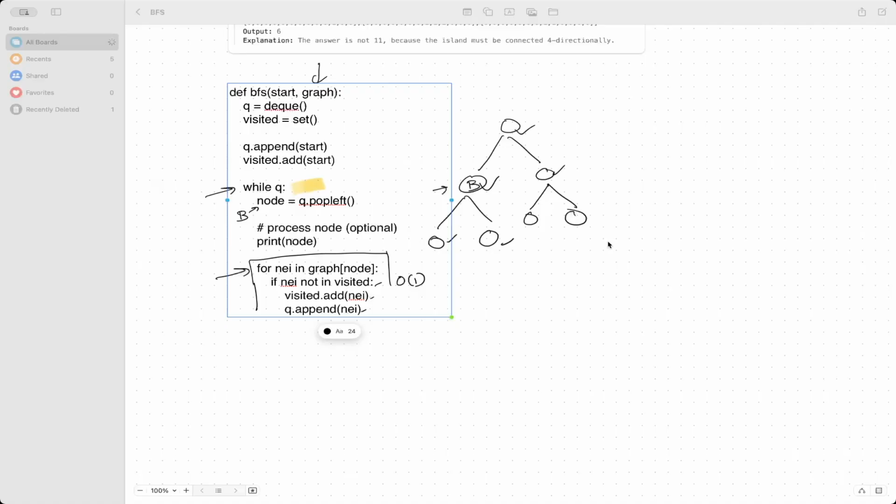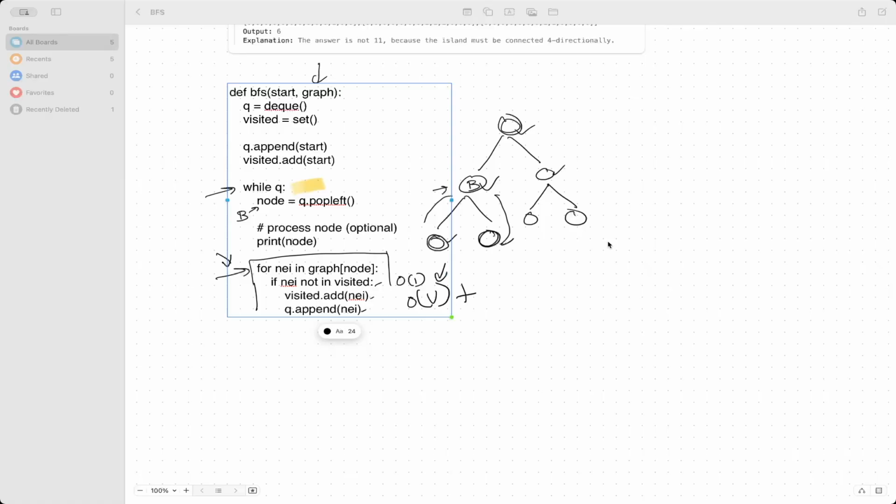Okay. So if we are only running it for neighbors, that means overall, this will run total number of times how many vertices we are having in our graph. So this for loop overall will run only V times. So order of V is the time complexity of this for loop. Plus